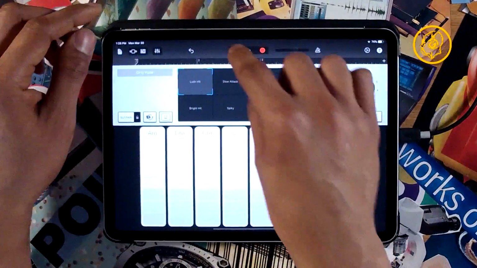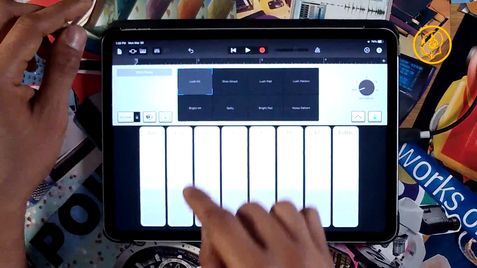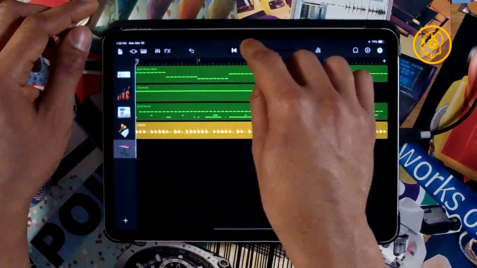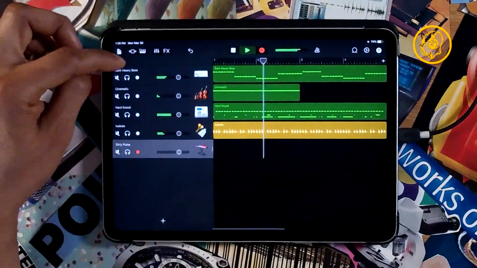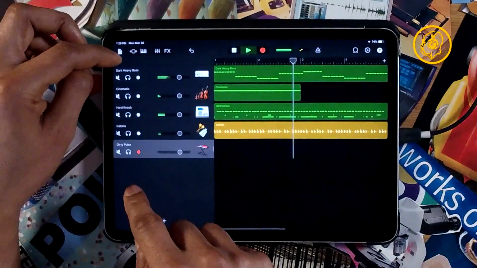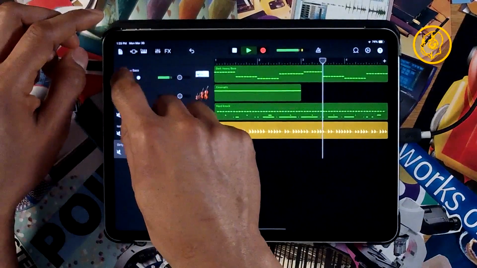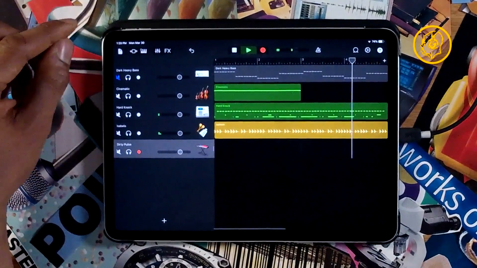Okay, so now they got me thinking. Right? Let's play this and see what it sounds like. I'm gonna mute this bass.